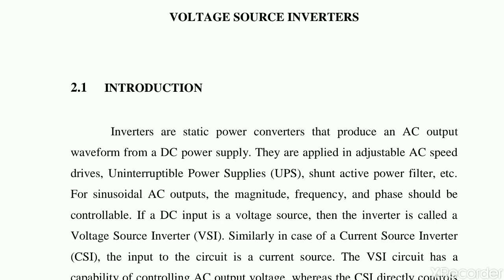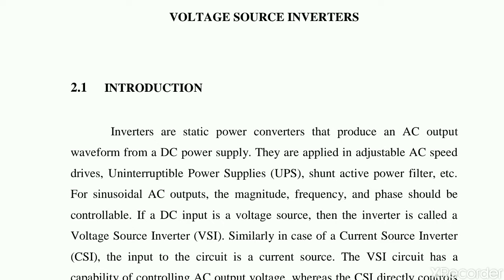I have made so many videos regarding the power converters in power electronics. There are a total of 4 to 5 types of power converters in power electronics, which convert one form of power into another form, that is direct current into alternating current, or alternating current to direct current, or direct current to direct current. I will tell you the names of these power converters one by one. First of all, I am taking some revision regarding the power converters, and then we will start the actual topic, that is voltage source inverters.